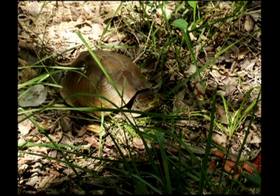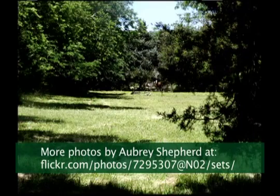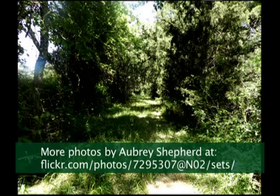And there's a box turtle. They're one of the things we want to protect. See him up close, he's got a little vegetation in his mouth, and he's holding real still, hoping I'm not seeing him. Well, these are Elizabeth Chadbourne's horses, and she's got just a few, but she's pastured them there and